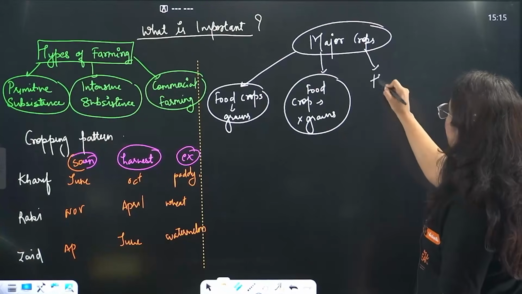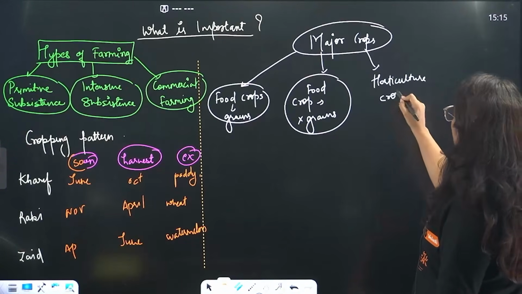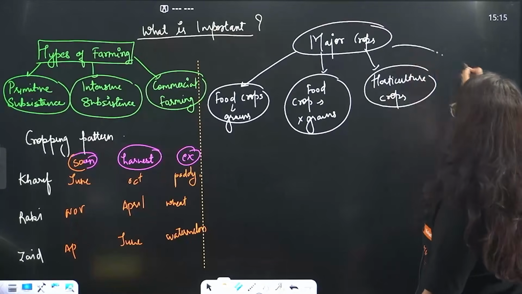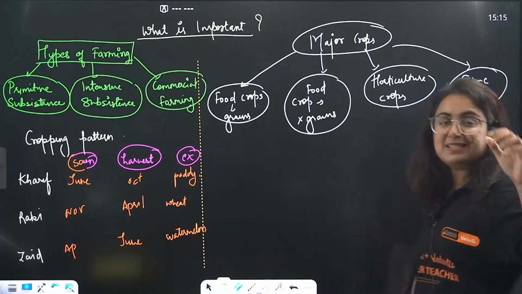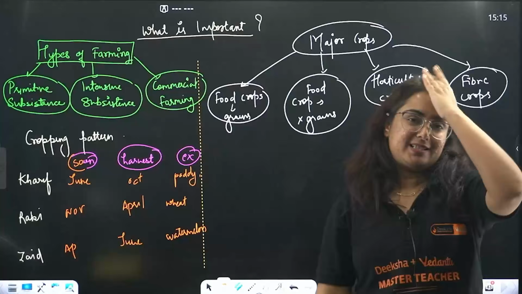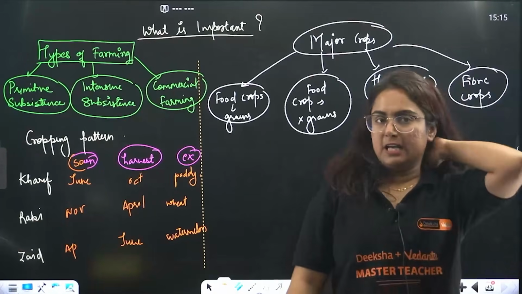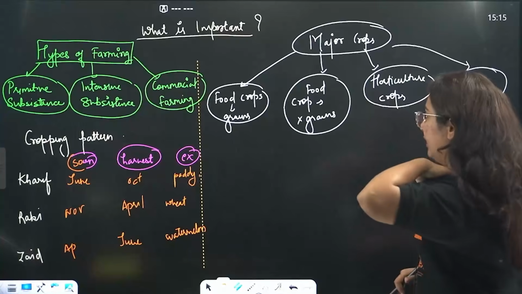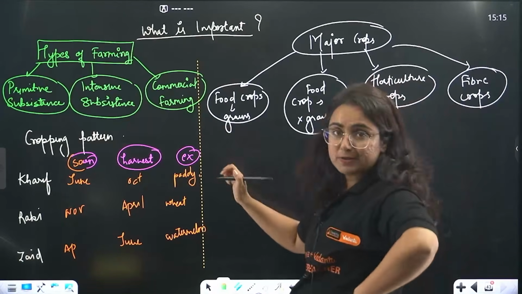Then we also learned about horticulture crops, and we also learned about, beta, fiber crops. In the list of fiber crops one was missed, that is hemp. That is basically used either for medicinal pharma purposes or for addiction type of purposes. It is a plant. So what all we learned in this category of food crops?